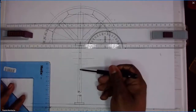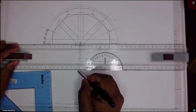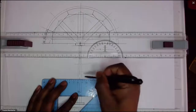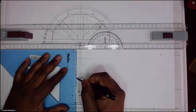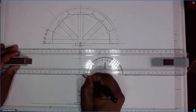So what do we then do with that other stuff? What we're going to do is we would like to put a nut, and that nut is going to be, of course, an M75, because the size of pipe which we used here is 75 millimeters. So here, instead of 60, use 75. Right, so what you simply do is you draw maybe 2 millimeters outside. You measure 2 millimeters from the outside surface here, and you measure 2 millimeters from the other side here. Then you just draw construction lines. Once you have those construction lines in place, you then draw bold horizontal lines, like what I'm doing here,